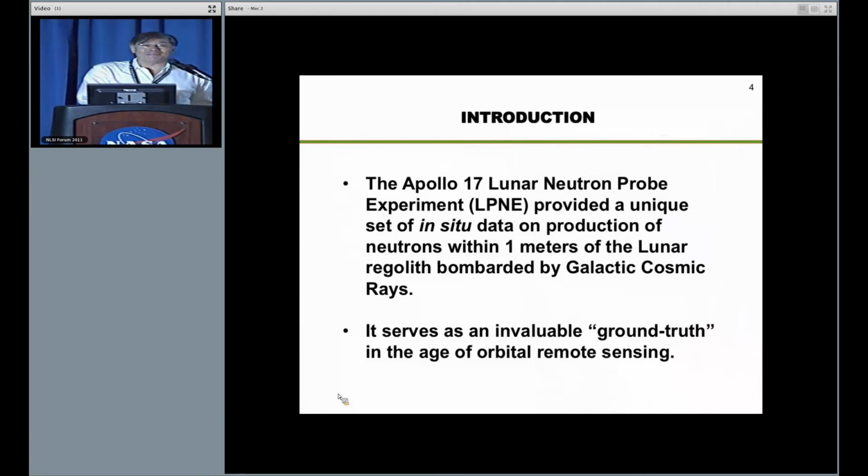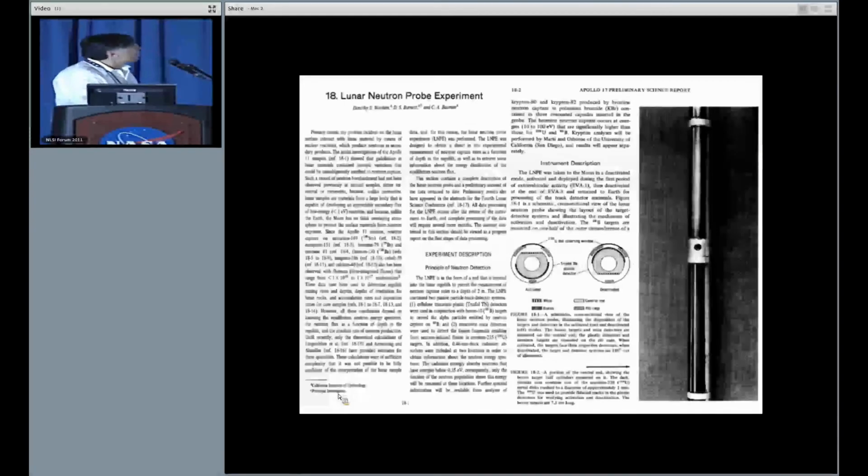This serves as an invaluable ground truth of the processes and the fluxes produced in the regolith at the Apollo 17 era itself. This is the basic paper that was used as the ground truth by Dorothy Woolum, and the probe was actually drilled into the regolith and has neutron detectors in the regolith,